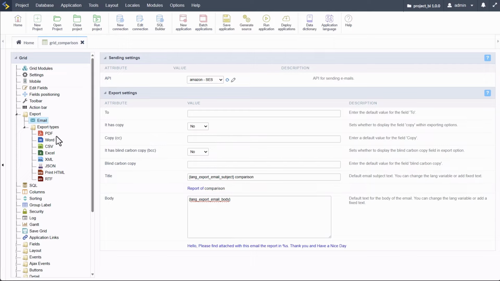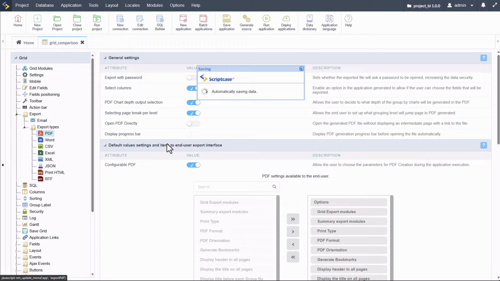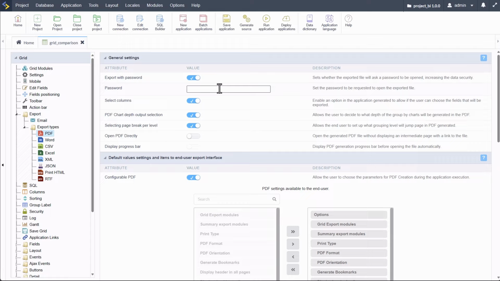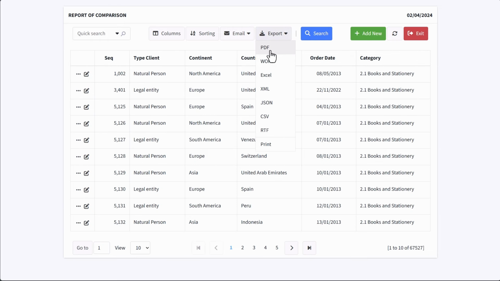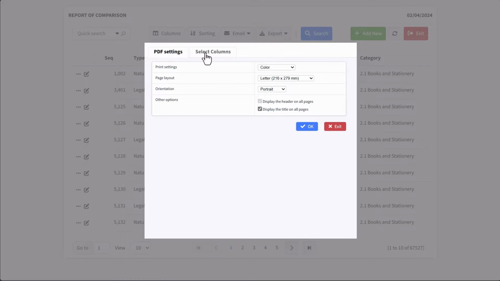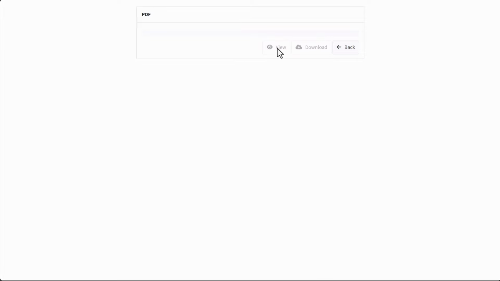The next export option we have available is PDF, and within the PDF options we have quite some awesome features here, because we're able to even export the PDF and encrypt it with a password, or lock it with a password. So here I will add password as my password, and now whenever I run my grid application and I want to export to a PDF, it will then go ahead and request a password for me. So if I click OK,